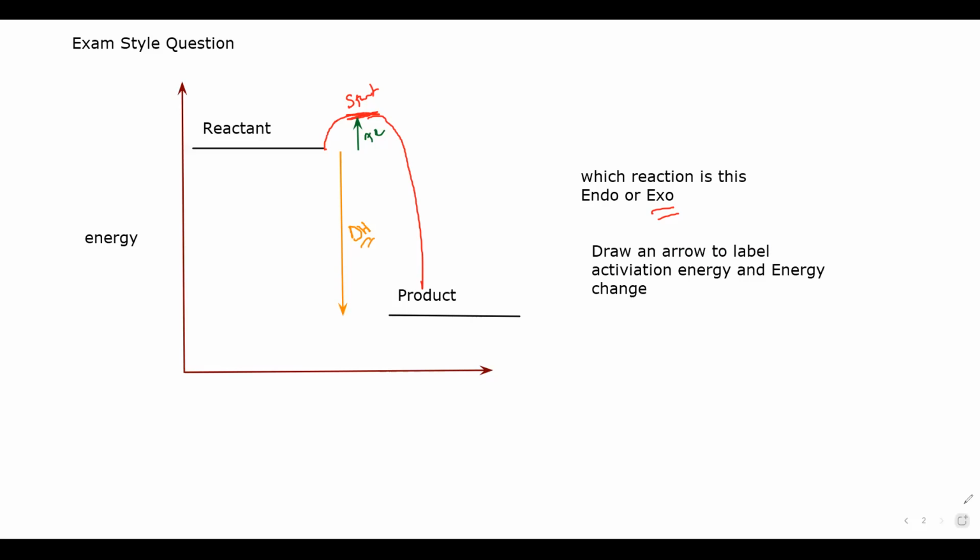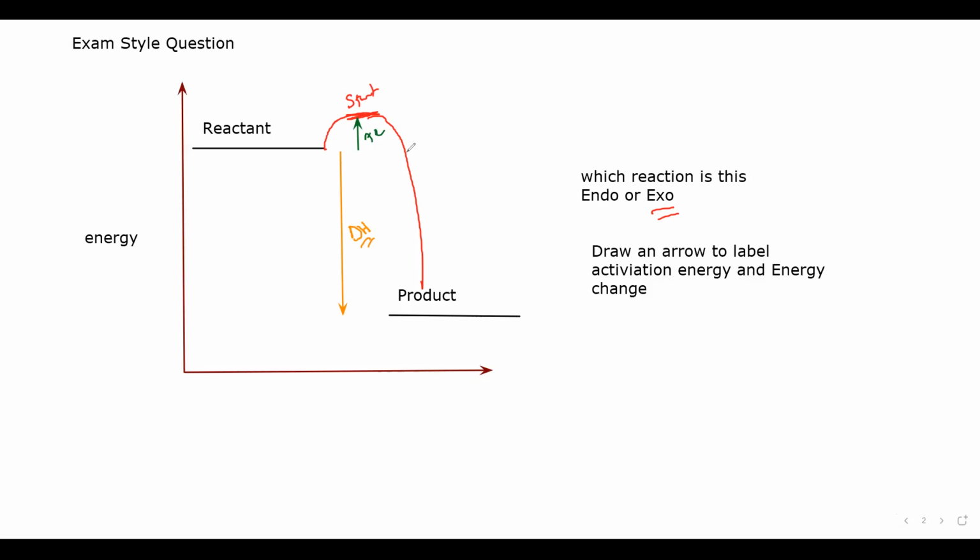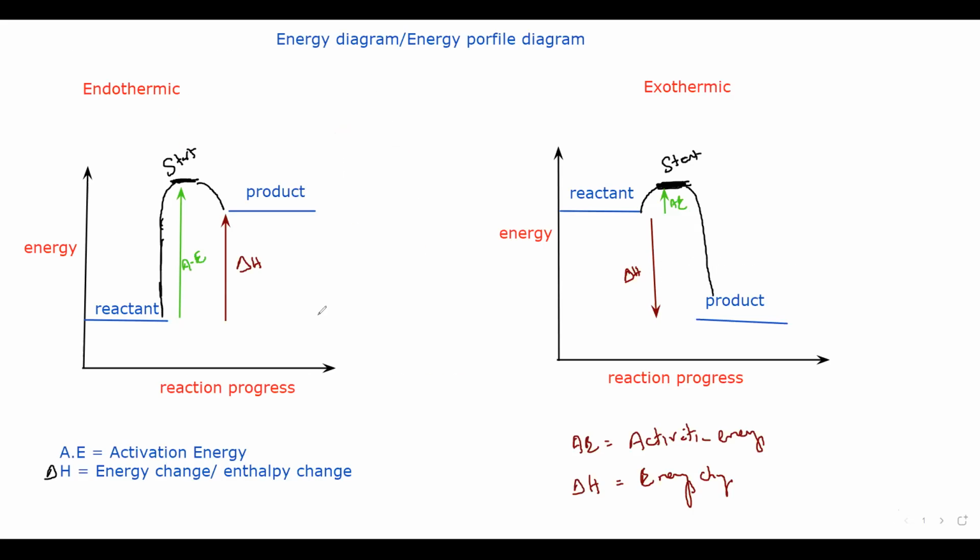Then the second type of question, sometimes they give you the equation. The term activation energy means the energy from reactant till the start of the reaction. That energy is called activation energy. As you can see in the previous example, this is a reactant and at this point the reaction starts. So when we draw an arrow from reactant till the start of the reaction, we call that activation